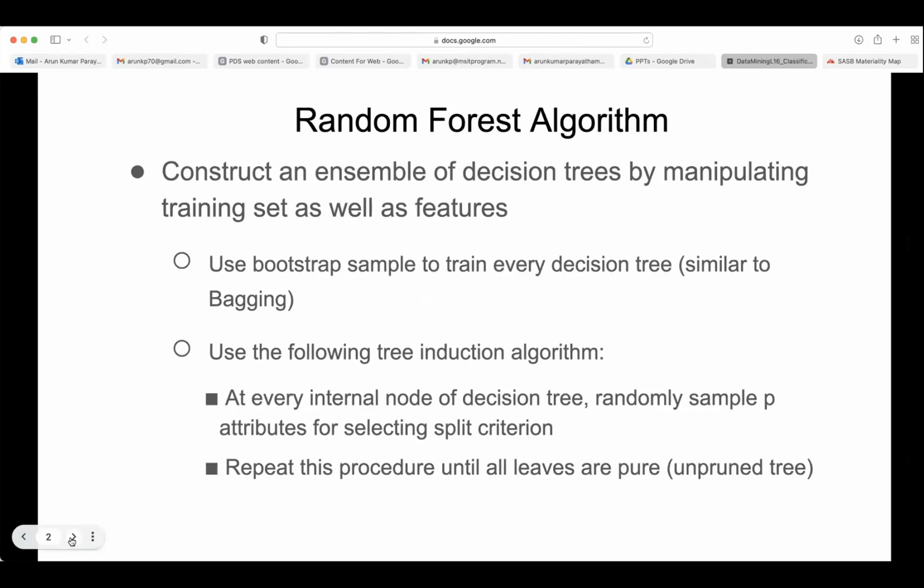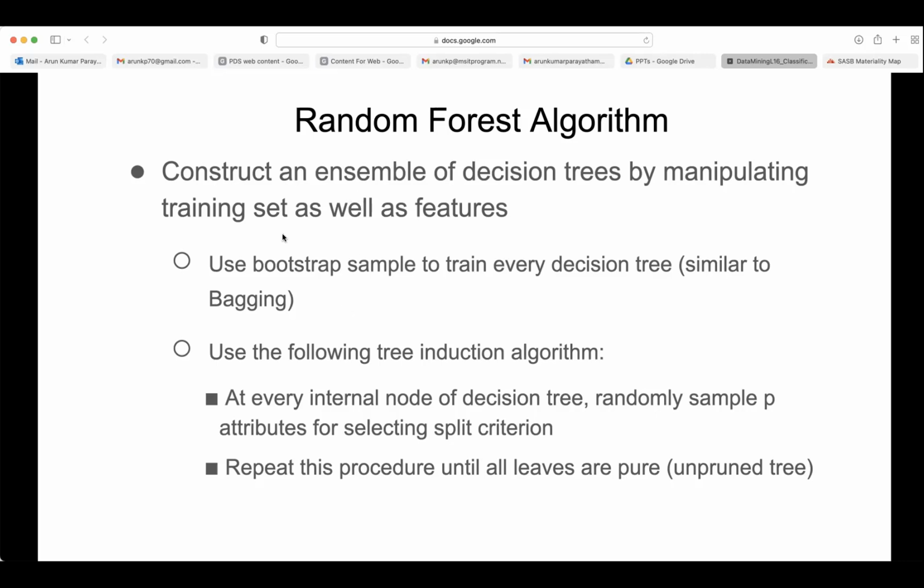We studied ensemble classifiers yesterday. One of the important ensemble classifiers is the random forest algorithm. It also works well, and many times people use it. There are packages to use that. I'll briefly introduce what the random forest algorithm is before getting into the class imbalance problems.